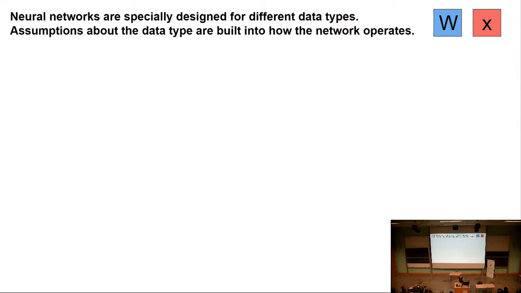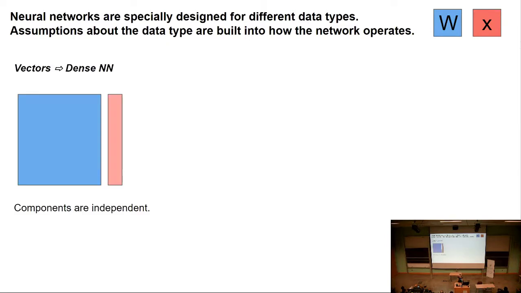So again, let's take into consideration dense networks. In this case, red is going to represent your input, and blue is going to be your learned operation or your learned layer. So in the case of dense neural networks, we have some input vector. We have a matrix acting on that vector. And what we're implicitly assuming is that, worst case scenario, the numbers in your vector are completely unrelated. They're independent. They're telling me orthogonal, different aspects of your system. So worst case scenario, this network can handle that.